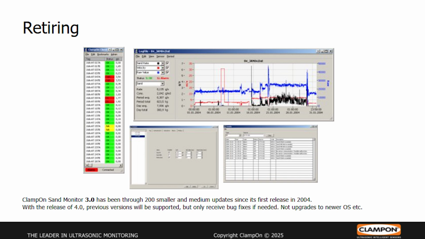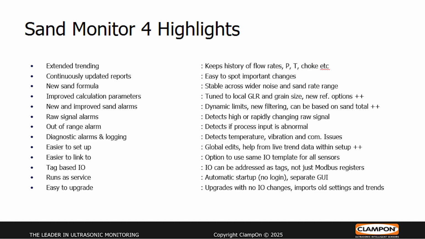But with 4.0, we're trying to take it a notch up, and we had a lot of things that we wanted to add, like extended trending of all the process data that's relevant for the sand monitoring,